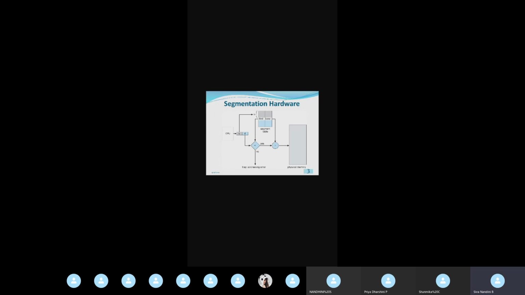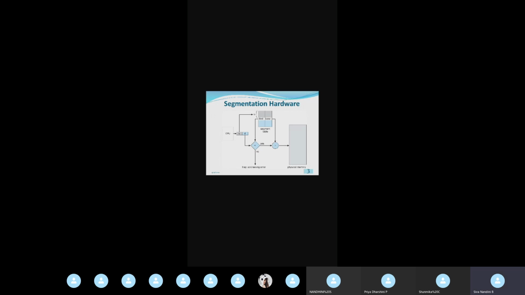See, in this case, from the CPU, a logical address is generated. In segmentation, we are having two tuples, that is segment number S and D is the offset. S denotes the segment number, D denotes the offset. So on seeing that segment number, it will check what is the base register content and limit register content of this particular segment. For example, here I have taken the first segment. The value of S is 1, so we have to look into the first segment. What is the base register content and limit register content? So it will be searching where this first segment is in the segment table. Okay.